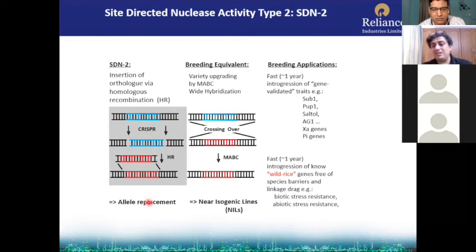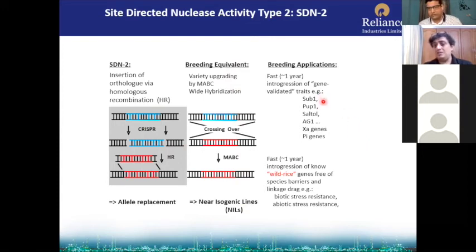And this is basically the equivalent of a breeding technology called MABC, marker-assisted backcross breeding. We develop near isogenic lines by this breeding process, which again takes 8 to 10 years. That can be done in 1 generation, in 1 year, and then downstream applications.